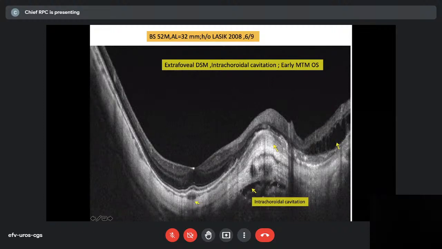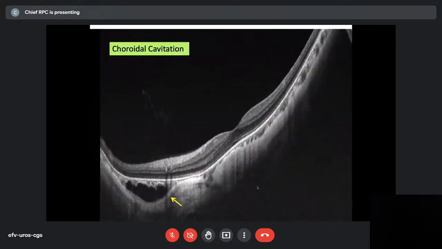They don't know why this occurs, whether they contain fluid, or whether the choroid gets fractured because of the upward pull. And what's the significance of these clefts? They said in future we may know something more about it, and whether it would help in treating it, and in what way we should treat it. So these patients have early MTM also. They've got all the pathological myopic changes. But this cleft, water cleft or intrachoroidal cavitation, is now being noticed, reported and discussed in international meetings. Our national webinars are mostly political, so I can't say much about them.